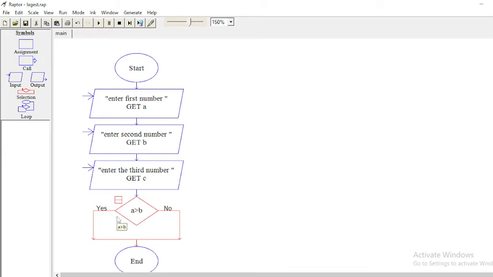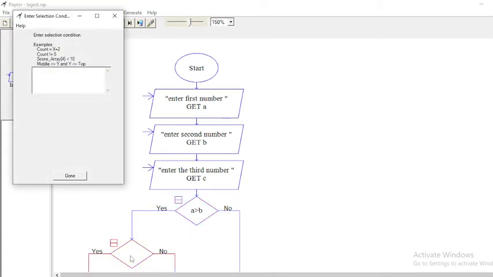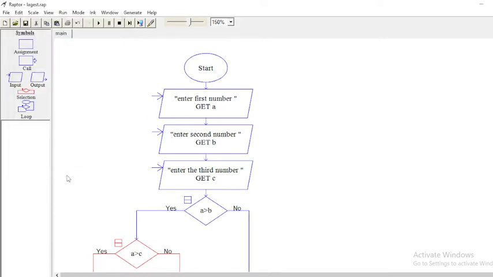If it is true, it will pass through the yes side. Then there we have to compare again whether A is greater than C also or not. If A is greater than B and greater than C, definitely we know that A is